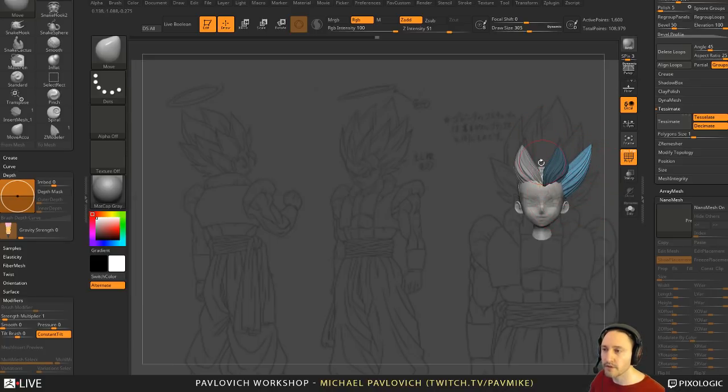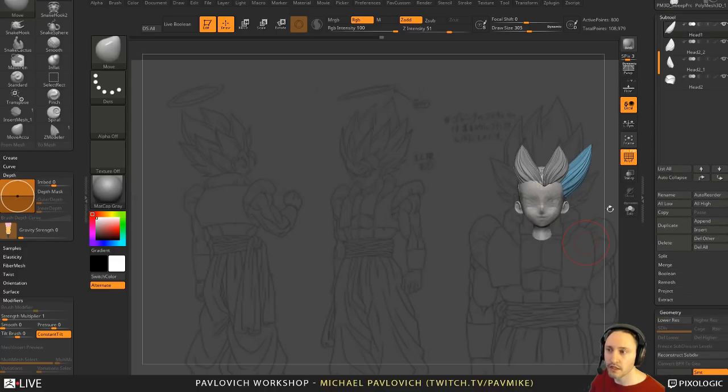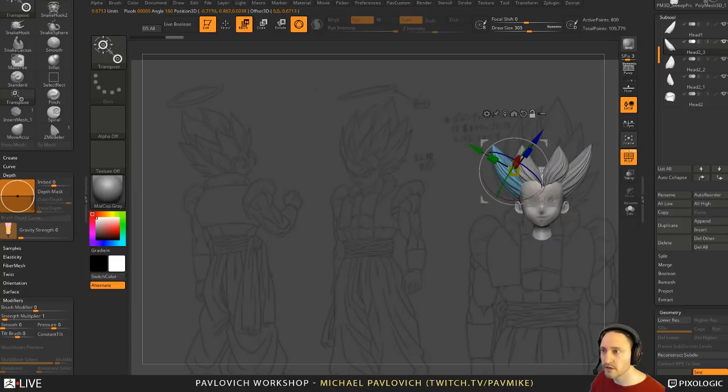So we can kind of line that up, and if we want to, we can go ahead and do another split mask points, just split that off into its own subtool. We can also do a quick, again, you can Control drag off copy. We can also duplicate this one, and then we can just use deformation mirror across an x-axis, hold down Alt, put this in the middle, and now we can just stick this